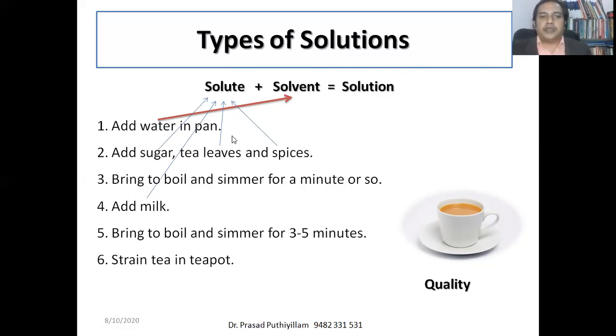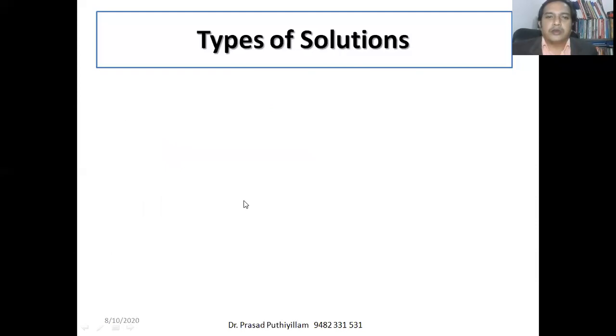But it varies. The sugar content will vary. How much tea powder we take also varies. Some people won't add spices. Some people don't add milk; they prepare tea without milk. Therefore, these are just quality. It does not determine the quantity. The quality is good. So we say that we measure in terms of quality. We are not specifying exactly how much sugar we have to take or exactly how much tea leaves we have to take. That is not specified here. They are qualitative measurements.